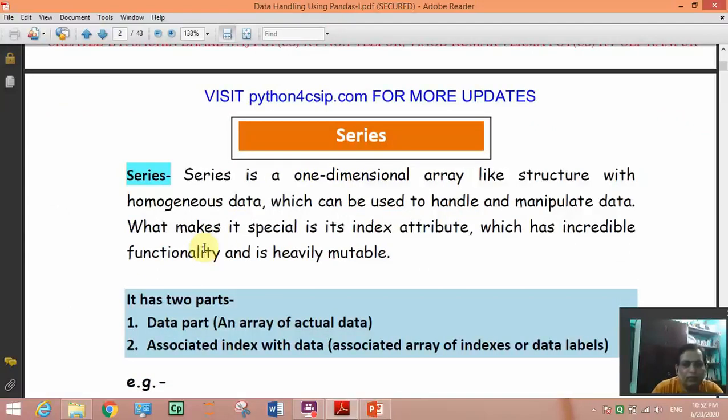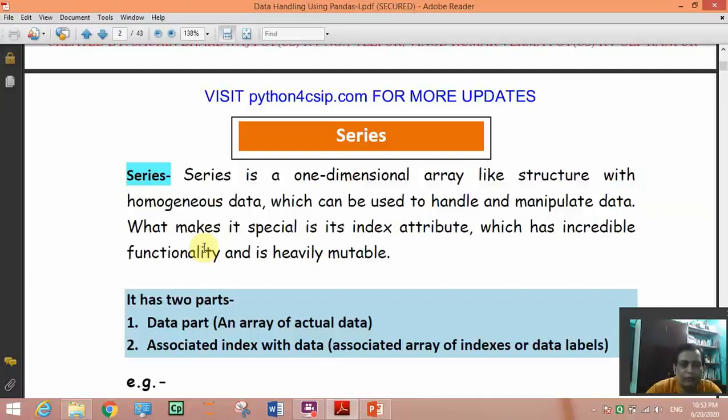Array means a place which stores only similar type of data, like one box having only 5 rupee coins, and in another box we are keeping only 10 rupee notes.